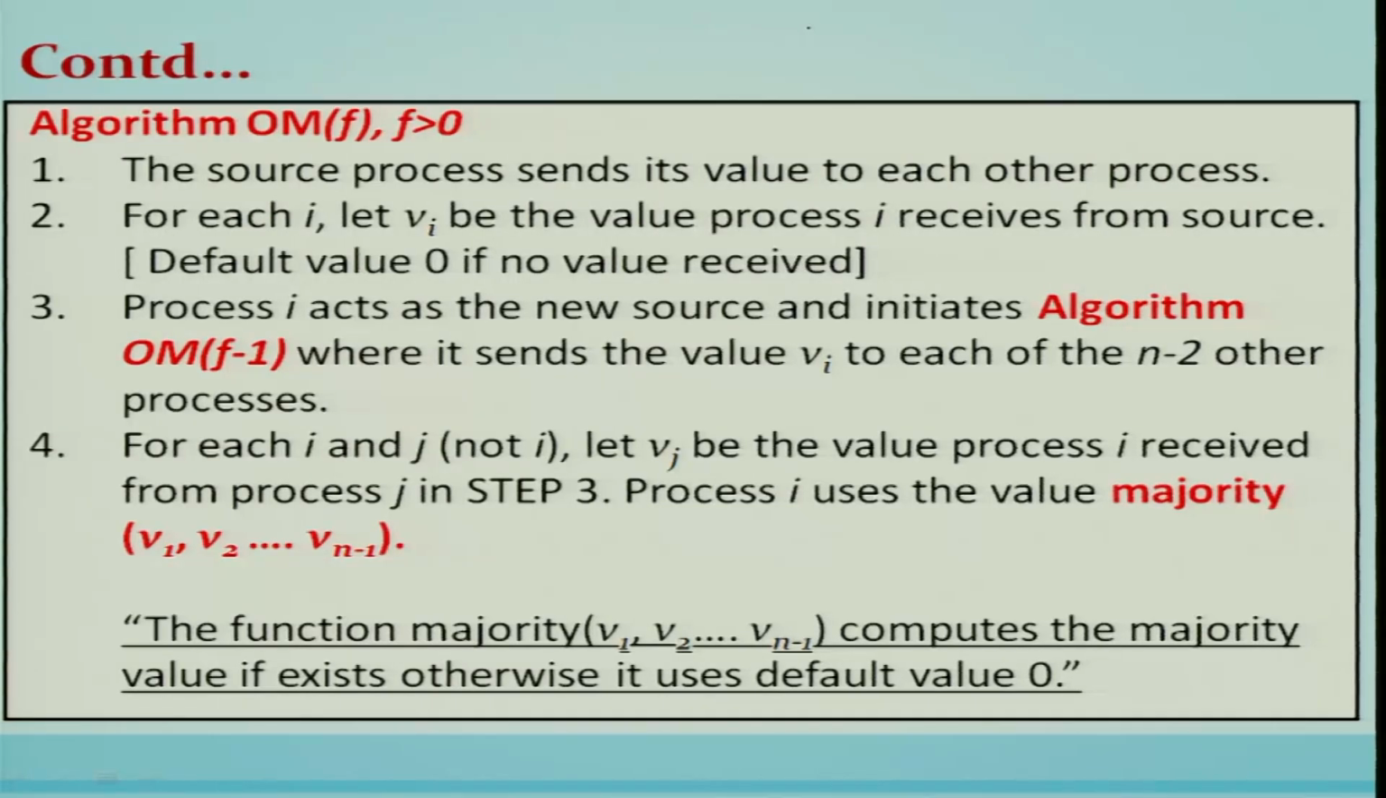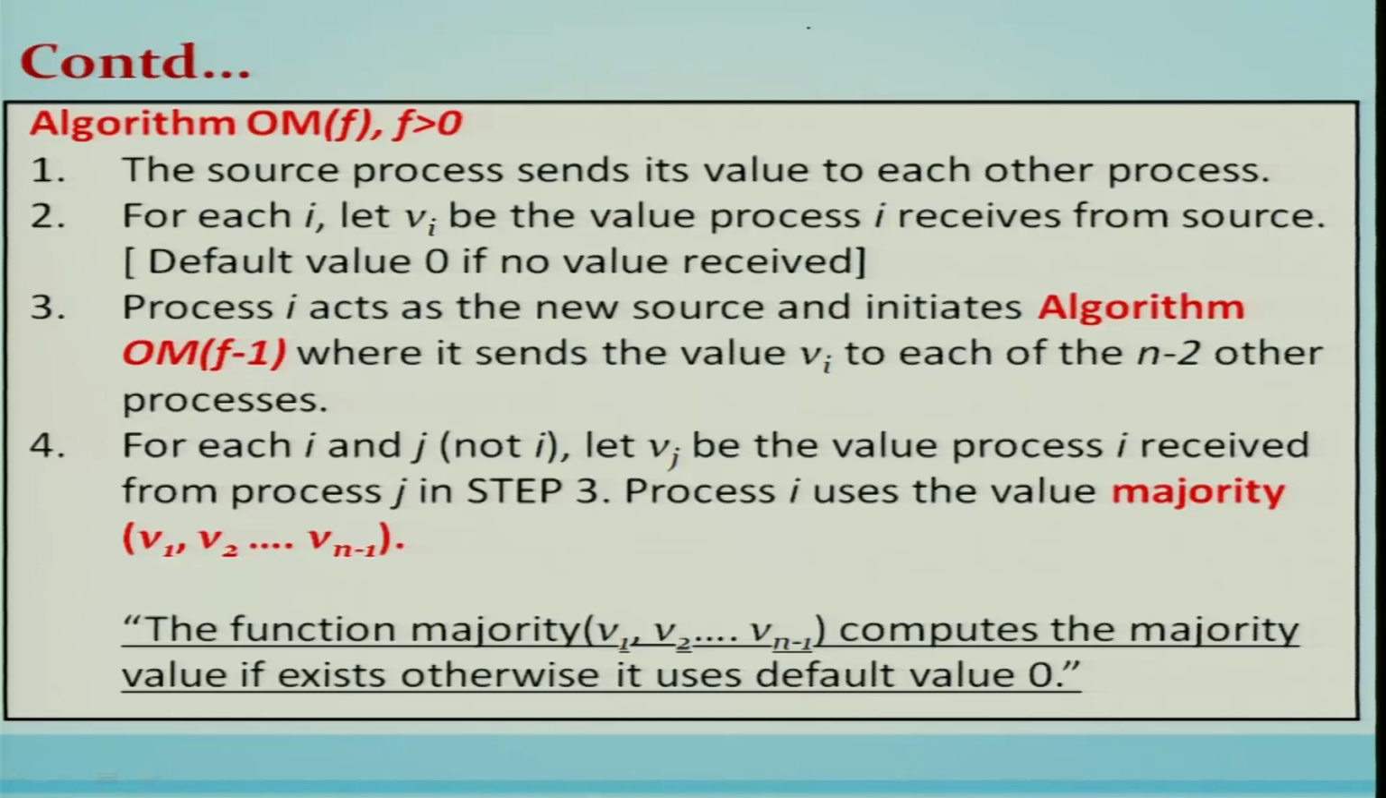Now the recursive procedure of algorithm OM(f). If f is greater than 0, then the first step says that the source process sends its value to each other process. For each i, let Vi be the value that process i receives from the source, defaulting to 0 if no value is received. Process i acts as the new source and initiates algorithm OM(f-1), where it sends the value Vi to each